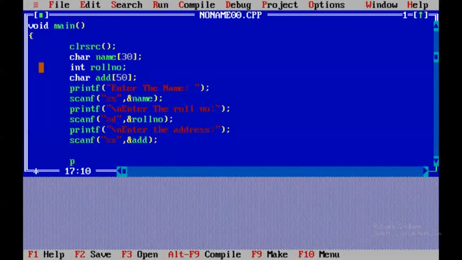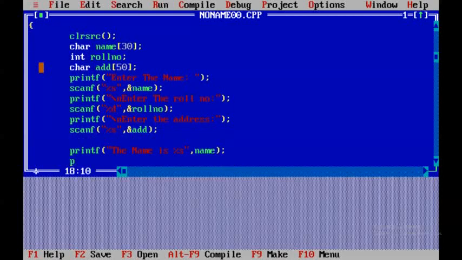So for displaying, we know that there is a printf function for us. I am going to declare the syntax, and inside that I am going to write, the name is, and the data type of name is character, but it's multi-character, so %s, comma, where we have stored the name of the student, in the name variable.